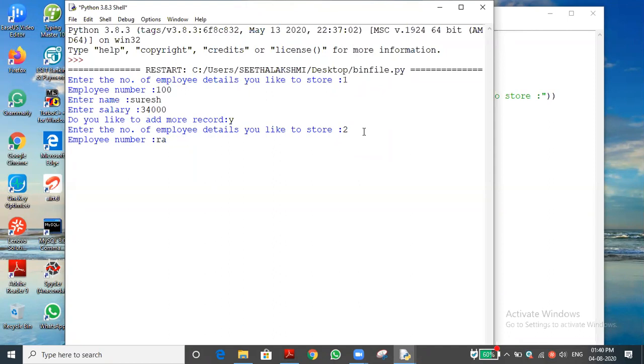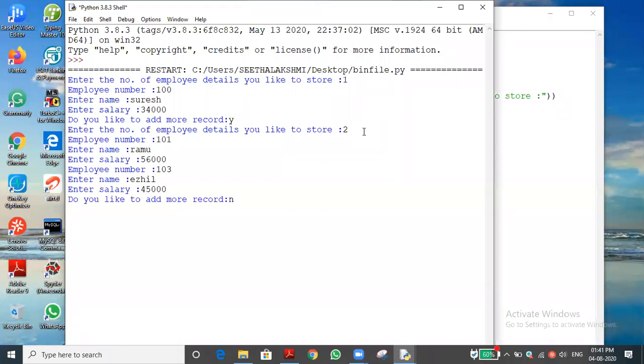Name, Ramu, and salary. Employee number it is asking, 103, and name it is asking, and salary it is asking. So finally the data will be stored.